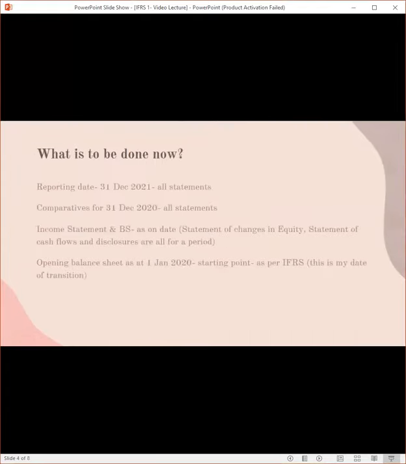And this date is called date of transition. I repeat, the starting point for opening balance, if I need my IFRS statements on 31st December 2020, my starting point is 1st Jan 2020. This is my date of transition and not necessarily 31st December 2021. Okay,